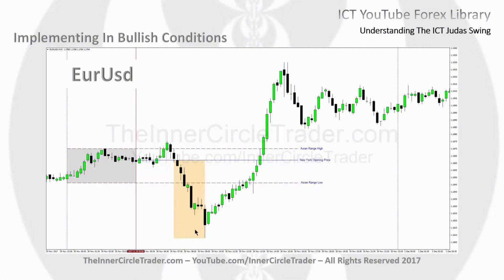Okay, and why did I name it a Judas swing? I try to teach my children these concepts, and I come up with little interesting titles for certain things like order blocks and Judas swings and things like that, and it just helps me create a language for them to learn. And it's a phenomenon that makes sense because sheep herders, they would use a Judas goat, and the Judas